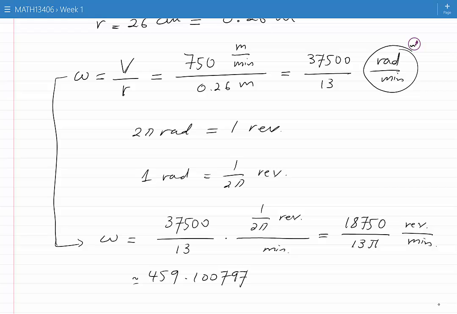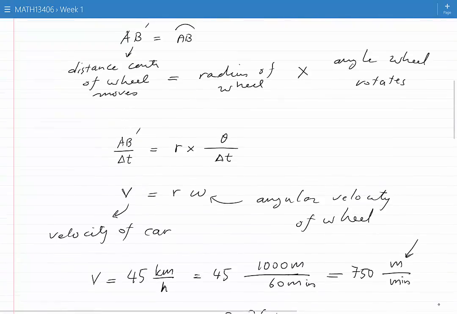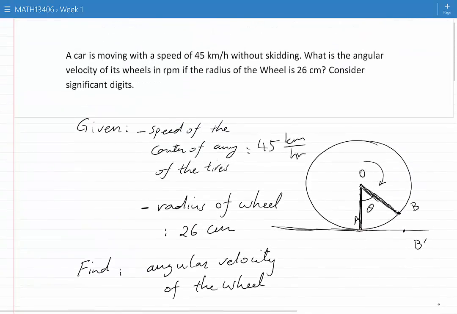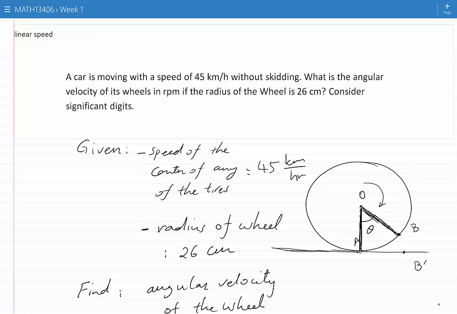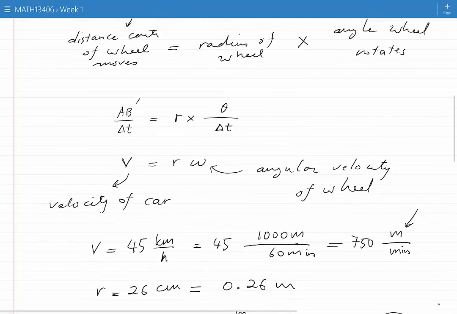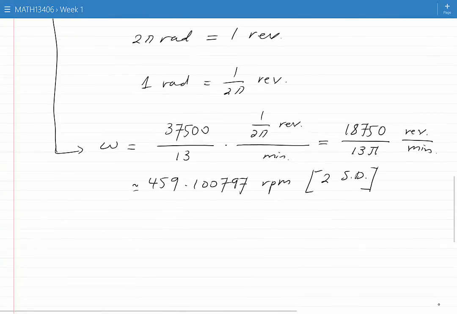RPM. But I noticed that in this problem I have only 2 significant digits. To make sure, let's go back to the statement of the problem. We can see that the speed of the car is 45 kilometers per hour. That has 2 significant digits, and the radius of the wheel is 26 centimeters, which has again 2 significant digits. So I'm going to keep 2 significant digits in the final answer to this problem, and that would end up